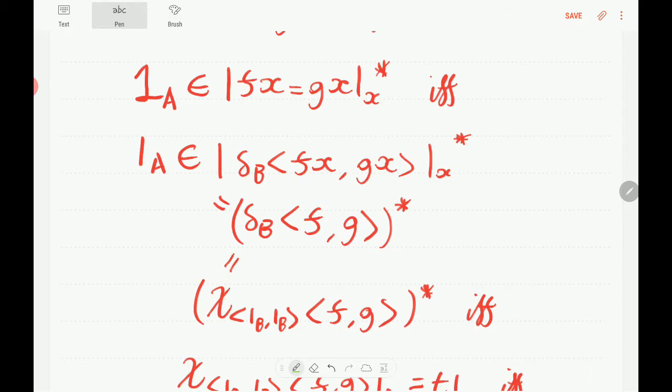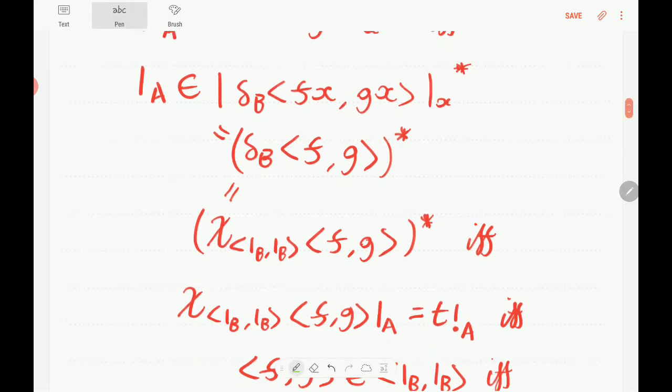So we can rewrite this as the subobject classified by chi of identity_B comma identity_B after f comma g. And then the identity arrow of A is going to be in that subobject if and only if